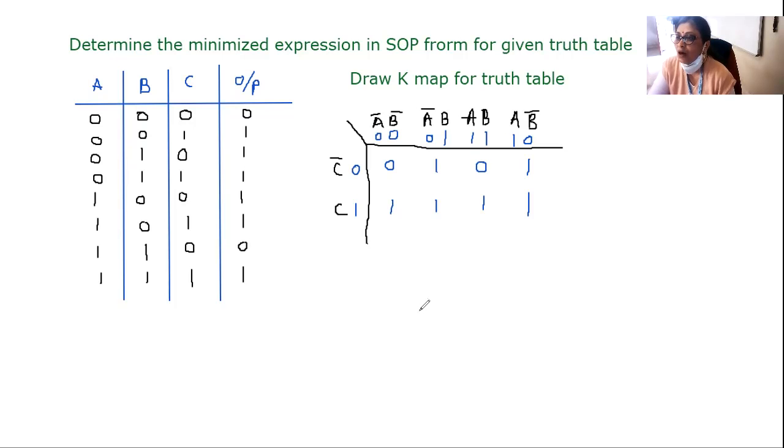So how you are going to group adjacent ones? Here you can observe there are 4